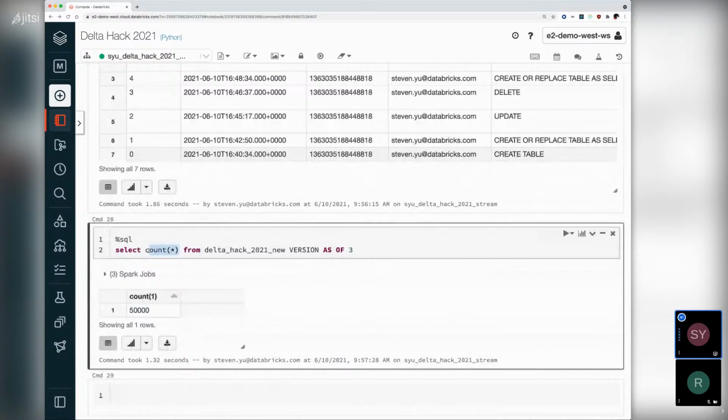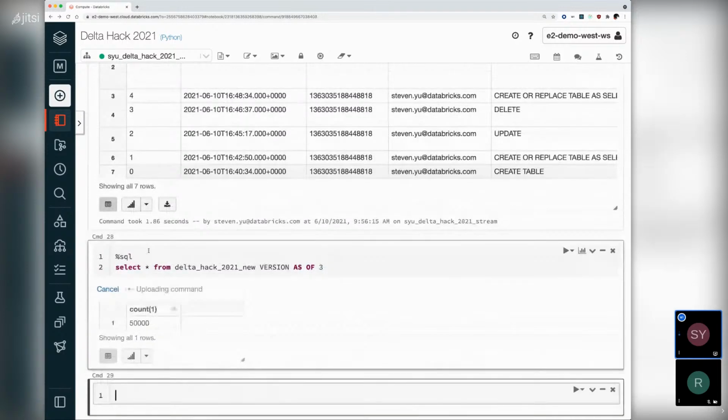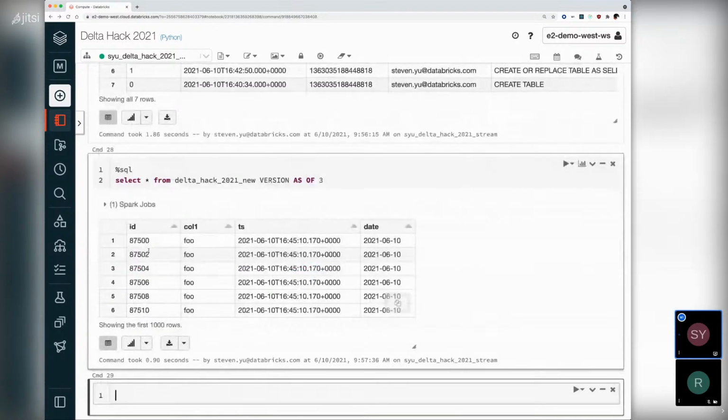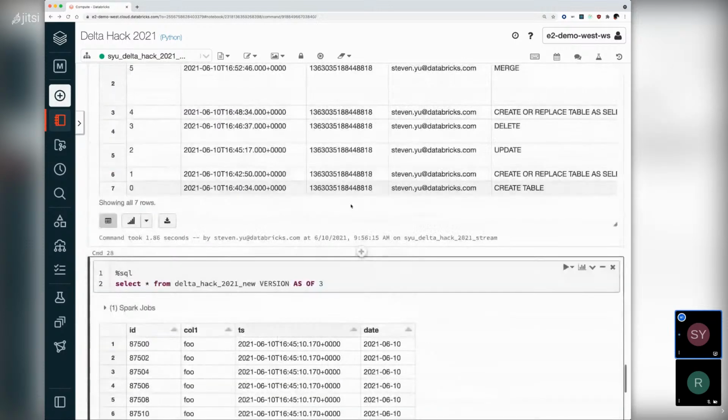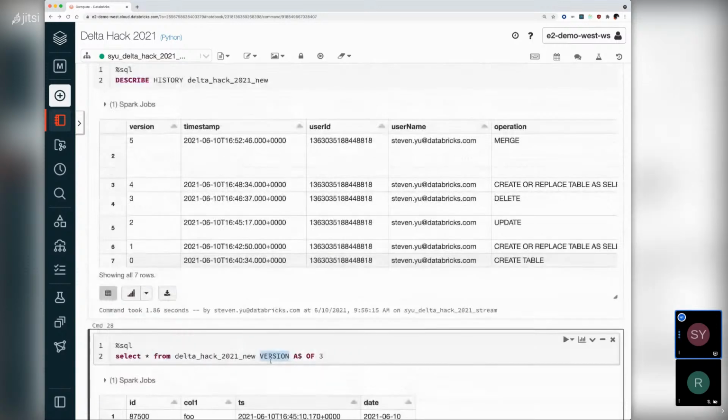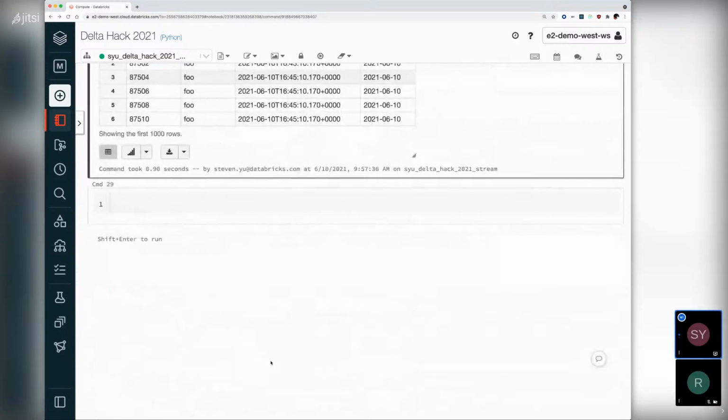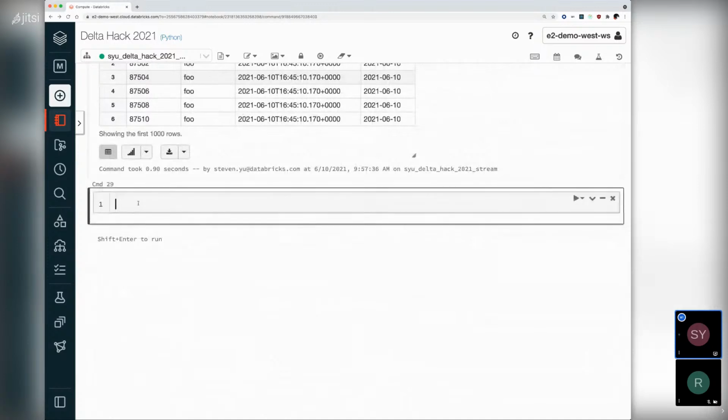And accordingly, you can go ahead and actually see the snapshot at that point in time. So these were the values for these columns as of version 3. You can also inspect this using timestamp. So instead of saying version as of, you would say timestamp as of. And then, like everything else, of course, there is a way to do this programmatically using data frames. It'd just be a matter of doing something like